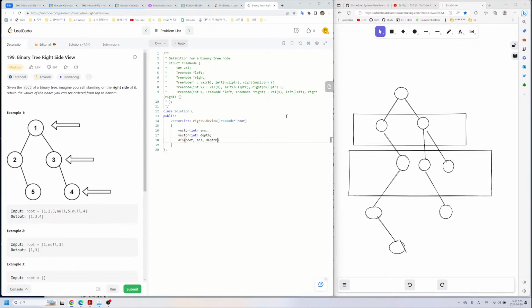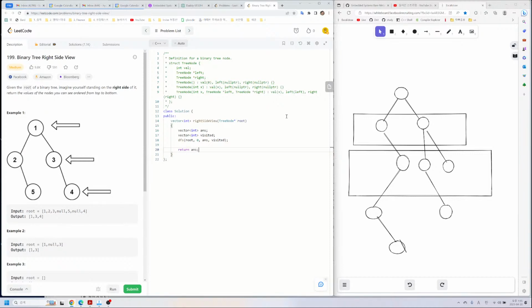So depth, and then visited. Then we can push. We can pass 0 as a real depth, and then yeah, something like this, and then we can return